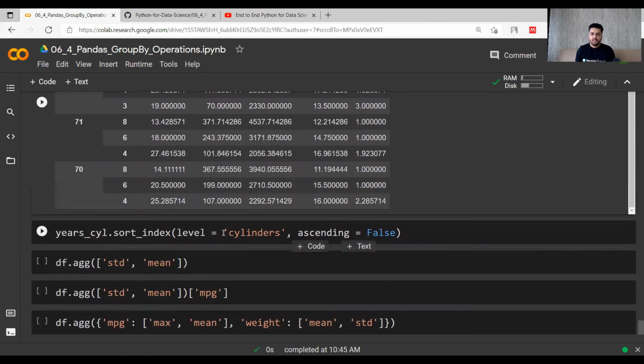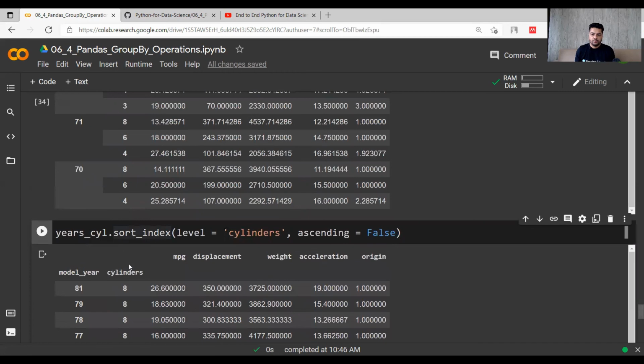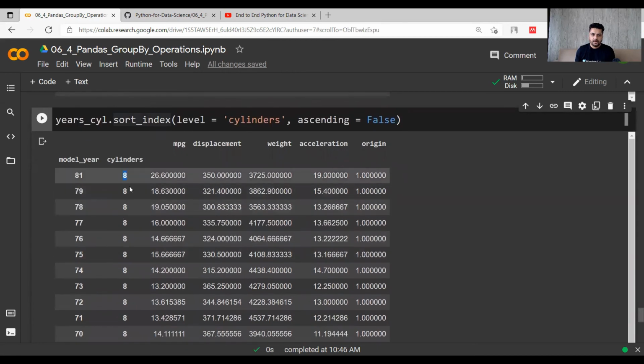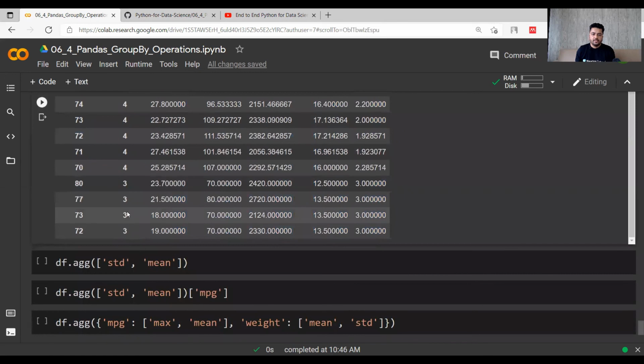The same can be done for number of cylinders, but there is a problem in cylinders. There were multiple types of cylinders, right? 8, 6, 5. So first of all the years will be covered having 8 number of cylinders. So 8 is common to all number of years here. And then 6 will be covered, then 4, then 3. So different cylinder counts will affect your data while presenting this.